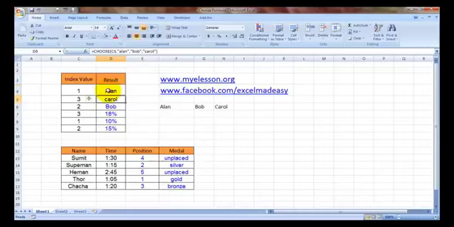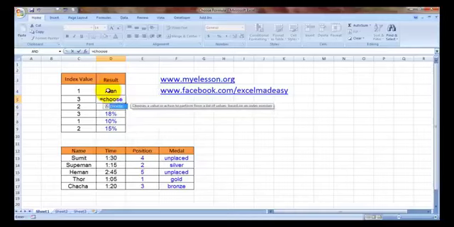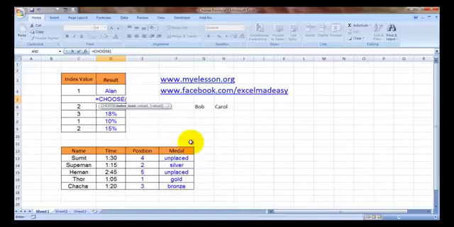What we'll do is equal to choose, bracket open, index number would be the cell which would contain your numerical choice. In this case, that would be C5, right? Comma, then what is your choice? You would have to type that in. In our case, 1 is Alan,